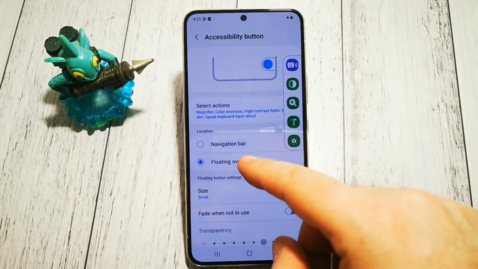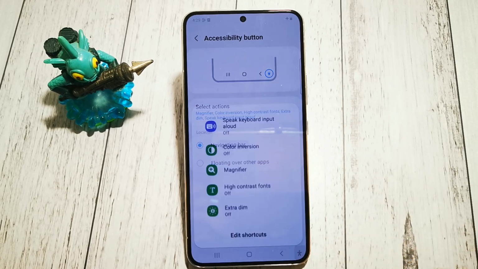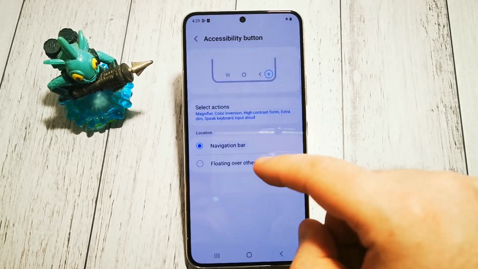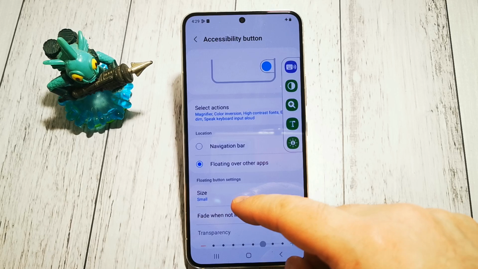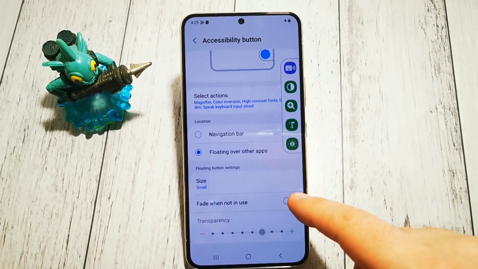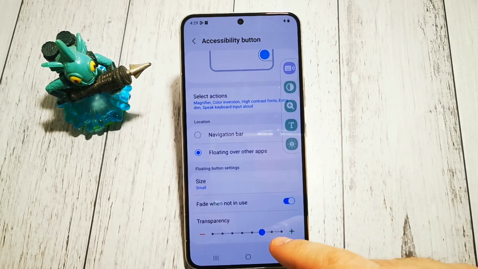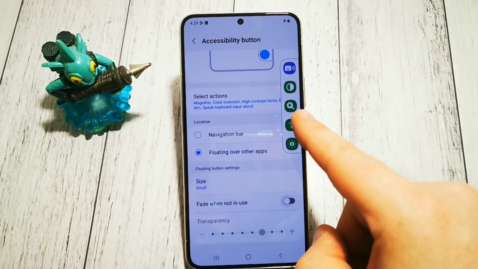And in here, first of all, we can change how it looks like. So now it's hidden here. But if you are using this option, we can also change size of it. We can make it fade when we are not using it. But if we want to change transparency of this